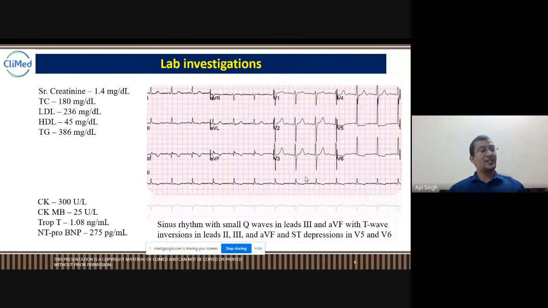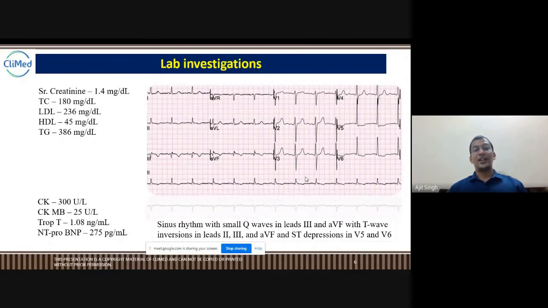CKMB normal range is 2 to 25 units per liter. Okay, so this is just at the higher range, at the boundary of the normal range, we can say, but not exactly very high. Now troponin T, which is the standard biomarker for myocardial infarction, is 1.08 ng